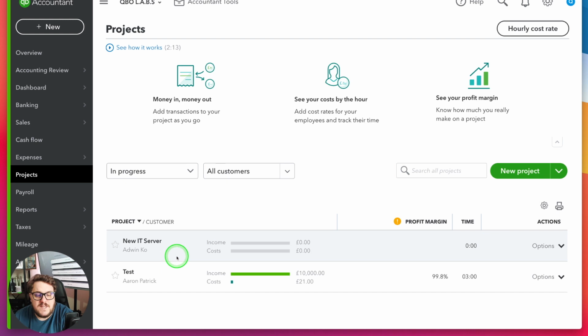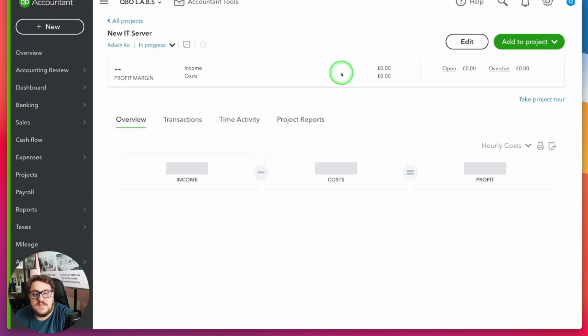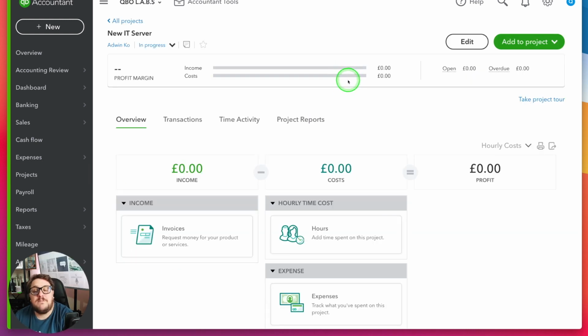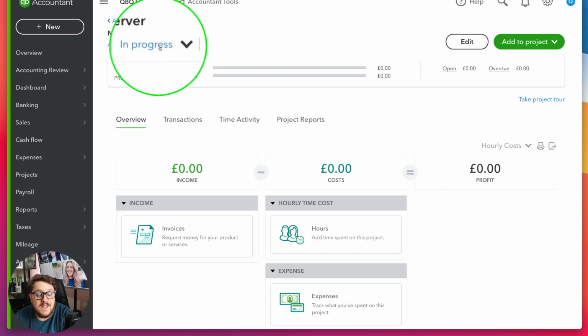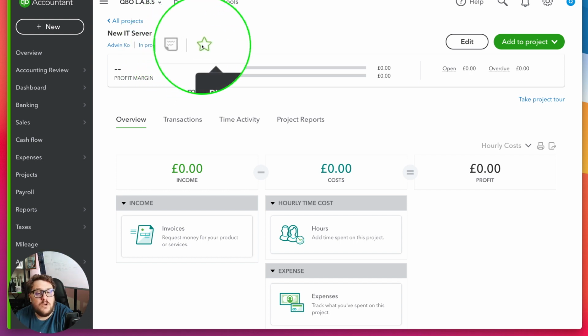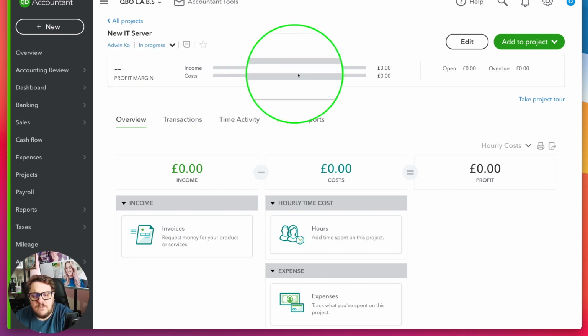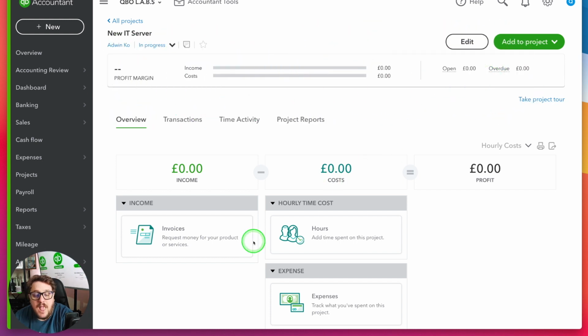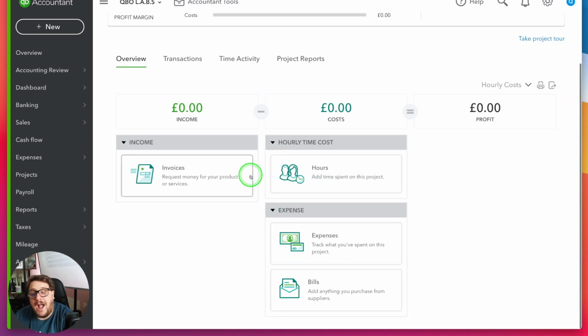So back in the projects area, you can see that it's giving me all the tools I need to be able to start putting expenses and income against it. So at the top here, I can see the customer, I can see what status it's at, and I have the option to put a note or make it a favorite one. I get a nice little breakdown here of what's actually going on, and then it's inviting me here to start adding transactions. And all it's doing when I add a transaction, if I go and put an invoice in, for example,